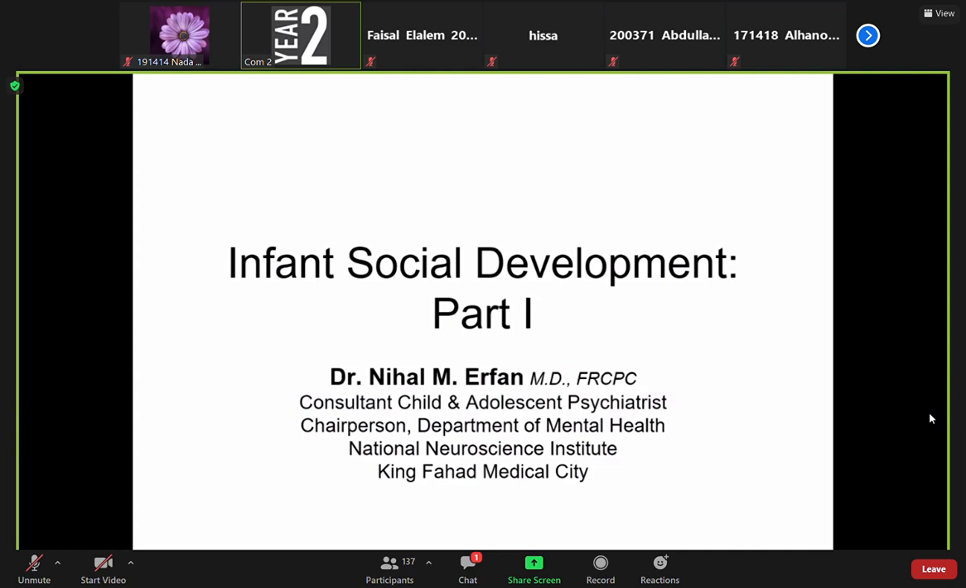So today we're going to talk about infant social development. What is social development? What does it entail? What do you need to have social development? So communication. Before communication, the environment, so visual. So you need to see where you are, understand your environment, and then you start